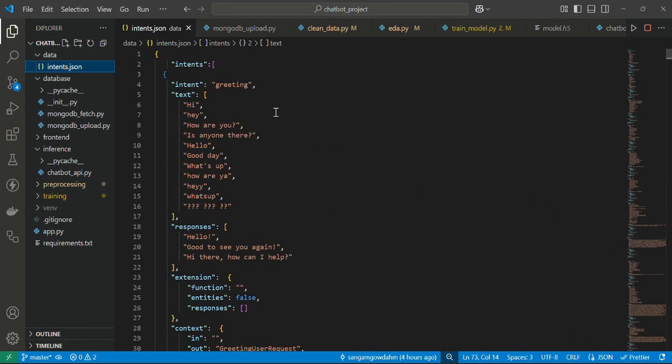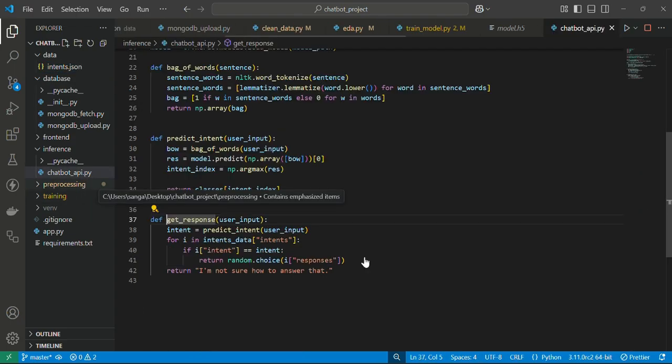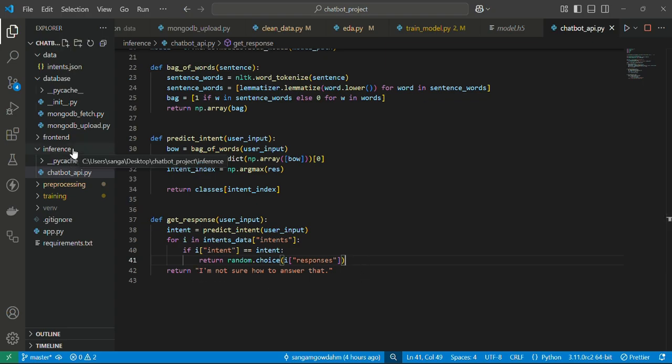The response will be chosen randomly. Like hi, hey. Out of these, any response will be chosen randomly and given as output. This was about the output part. If it is not there, it will return, "I am not sure about that answer." This was about the prediction part, and finally we have